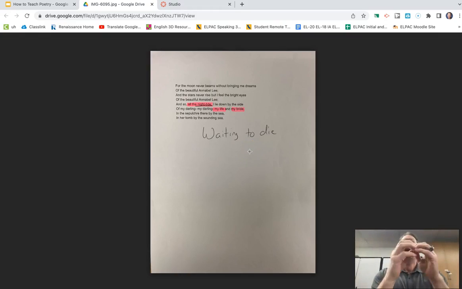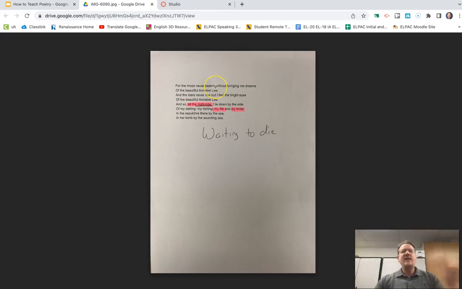And keeping in mind, he wrote this after his wife had died. He feels a sense of relief, a sense of control. He's trying to get back control in his life, and he's just kind of waiting to die, right? Waiting to die next to her. And so I talk with the students about, is that creepy or romantic? And they're like, ew, creepy. And others are like, actually, it's kind of romantic, right?